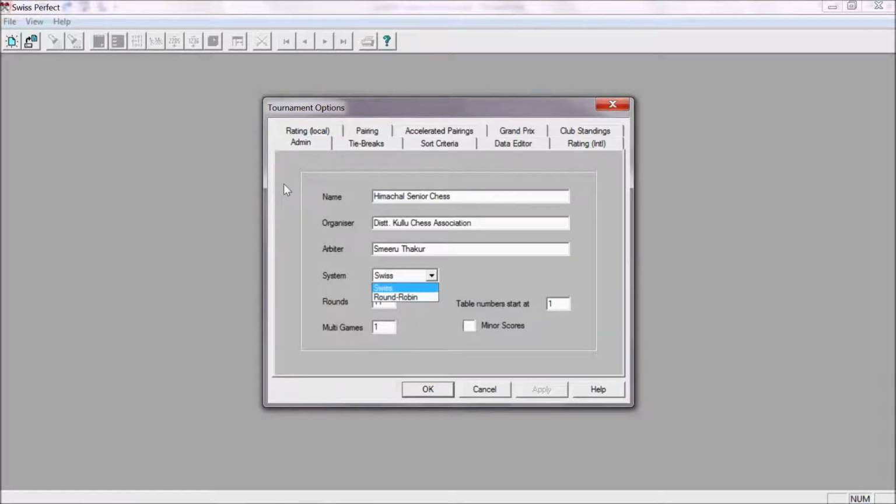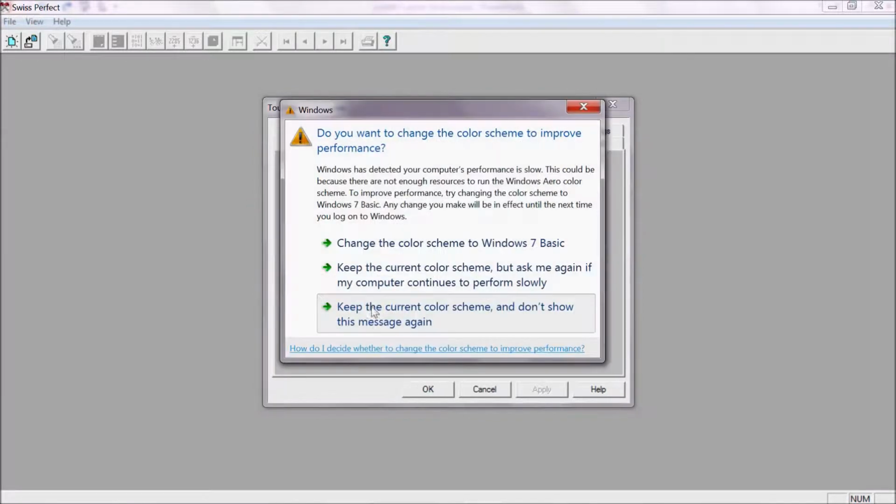You can also use the round robin system here, but a lot of tournaments are based on the Swiss system. So firstly, I think you must learn the Swiss system. After that, whenever you are comparatively comfortable in this software, you can also use round robin.